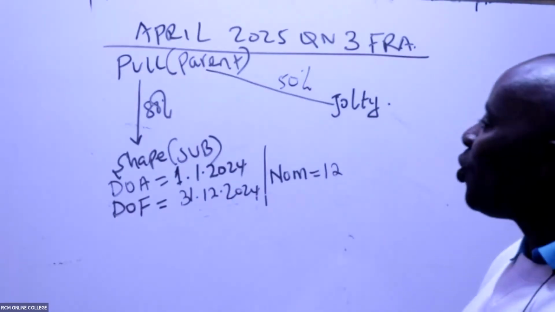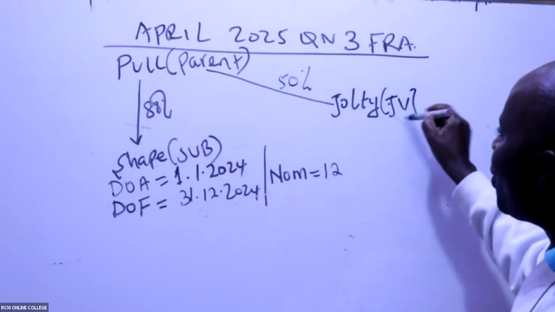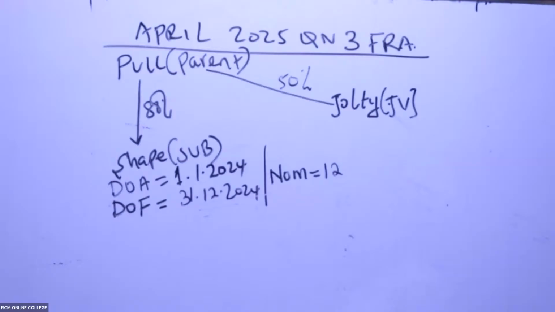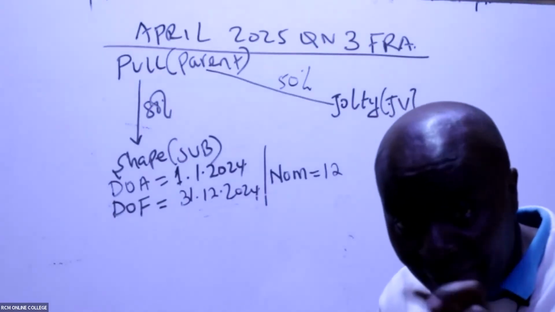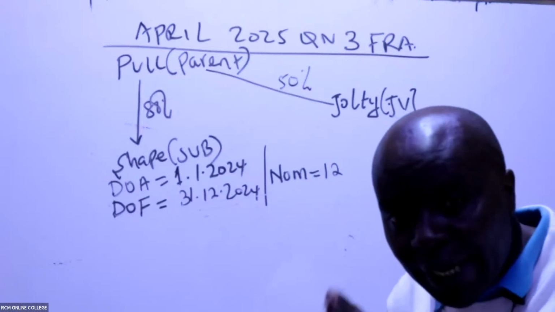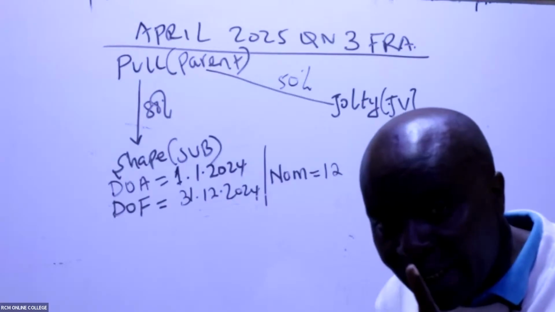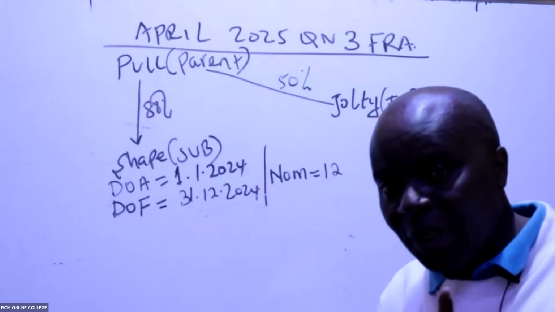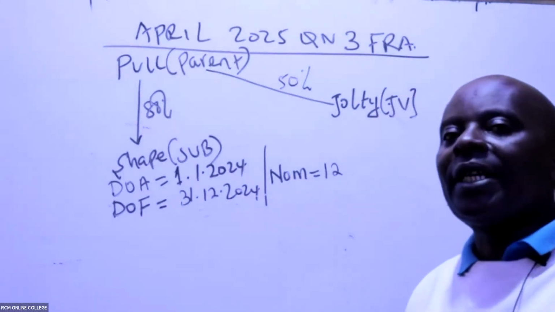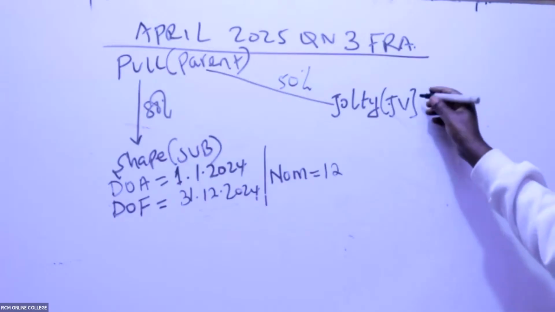So if you have acquired exactly 50%, that is what we call a JV. So this one here is a joint venture. Remember, below 50% and above 20%, between 20% and 49.999%, is an associate. Exactly 50%, a joint venture. More than 50%, a subsidiary. Don't forget, exactly 50% is a joint venture, and that will not scare me,